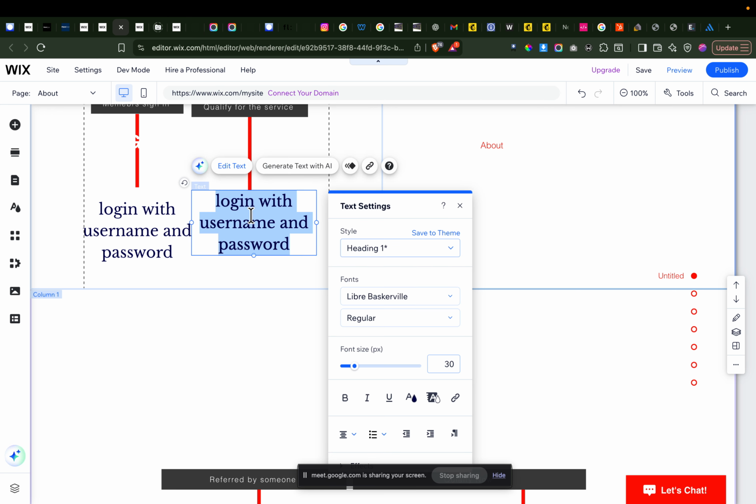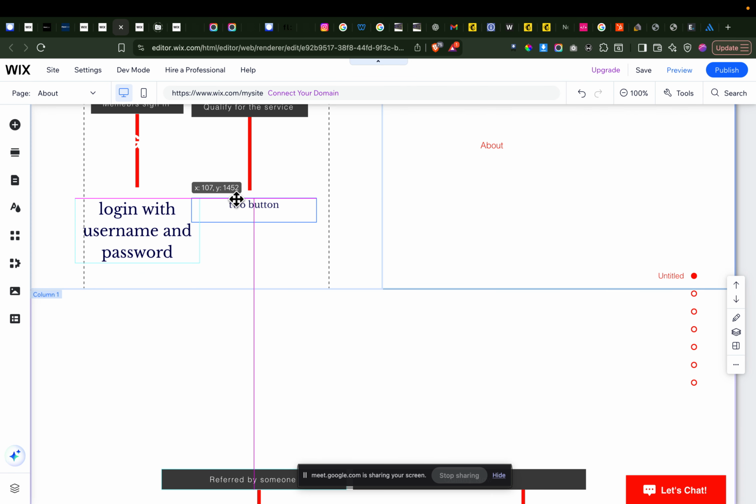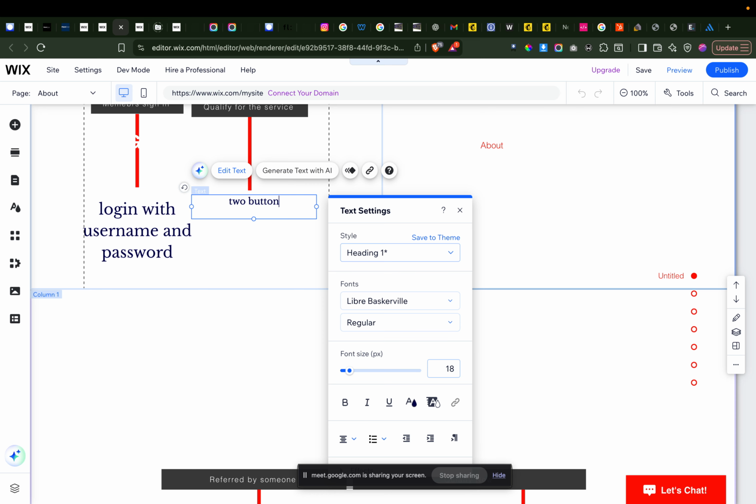Okay, we have two buttons: referred by someone, and qualify now.